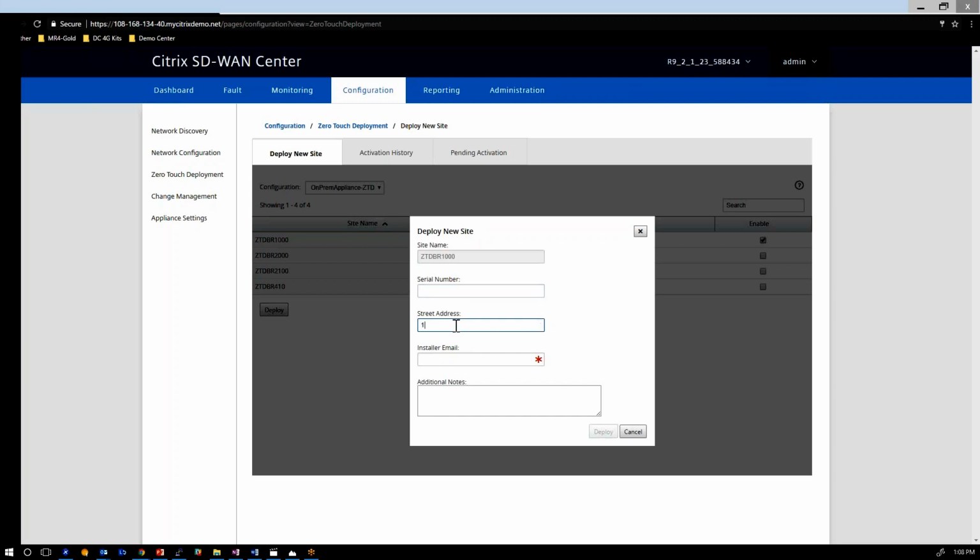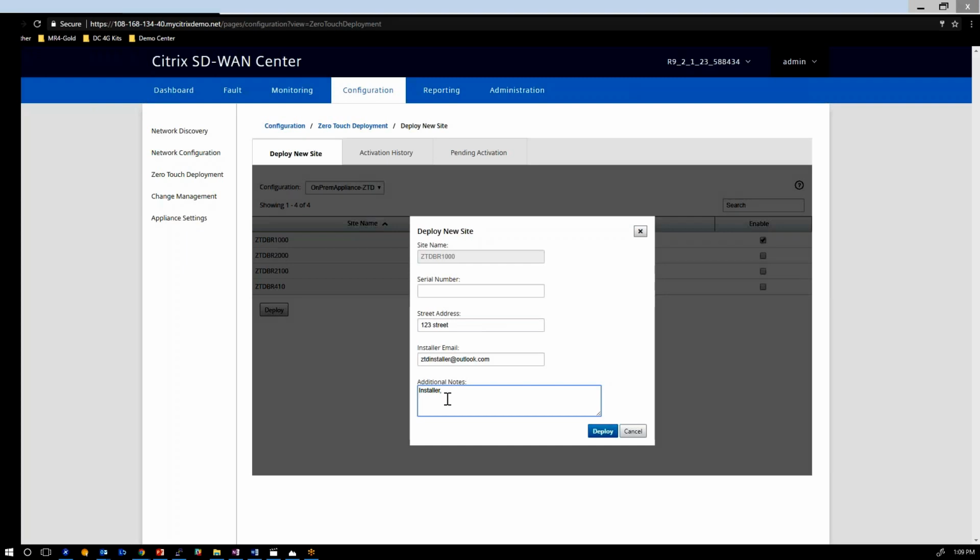And then you can put in just basic information about this particular remote office that we want to have the installer install. So we just put in his personal email address. ztdinstaller@outlook is the one that I'm testing from, so I'll use that one, but it's going to be specific to the installer's email requirements. And essentially what we're doing is we're sending the installer an email to provide him the activation link